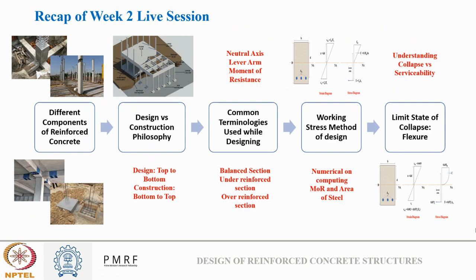So in the last session we discussed different components of a RC structure, starting from footing, tie beam, columns, beams, and slab. Then we discussed how we actually design a RC structure. That is first slab, then beam, then column, and then footing. A top to bottom approach, which is opposite to how we construct a RC structure. Then we looked at some common terminologies related to design,